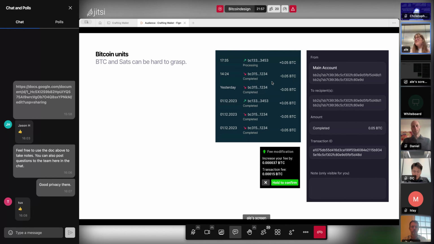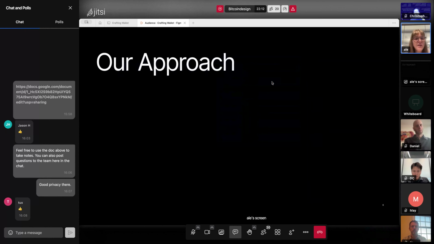How much money have you sent and how much money do you have, if the Bitcoin has increased so much. So for us, we wanted to simplify this Bitcoin unit part. So then, what was our approach to solving these main challenges?